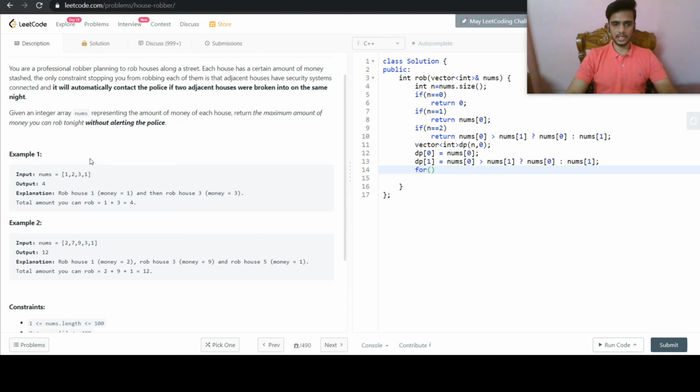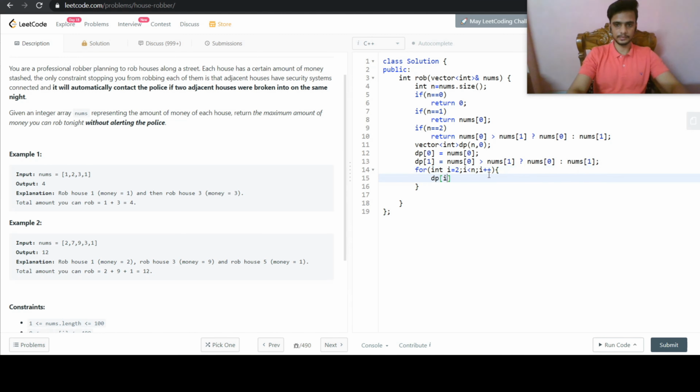Now we have three houses, so either we can choose this house and this house, or we can choose this house. So we'll start from int i equals 2, i less than n, i plus plus.